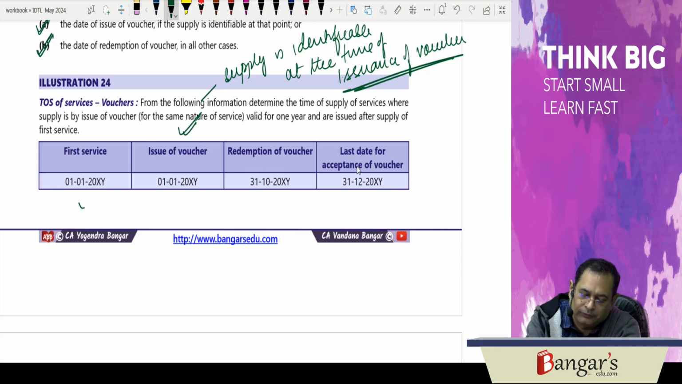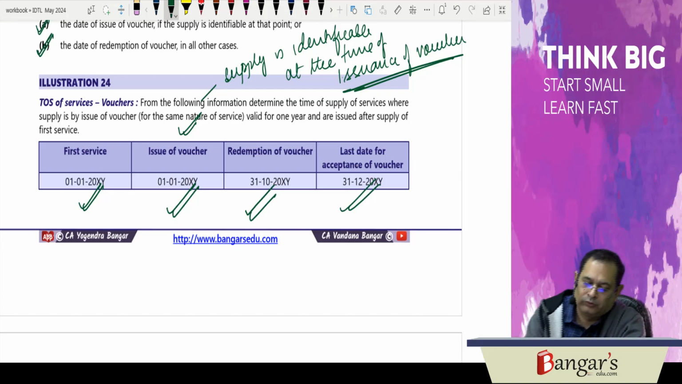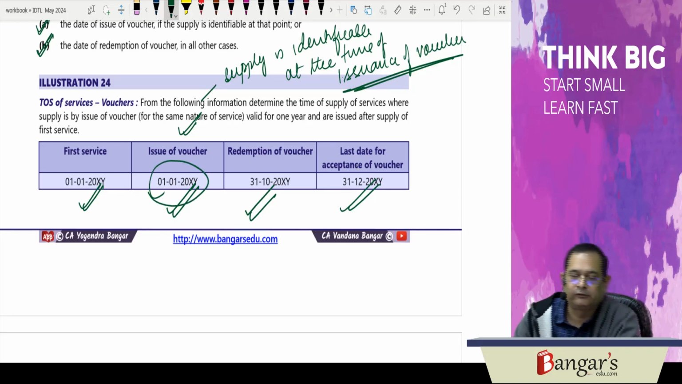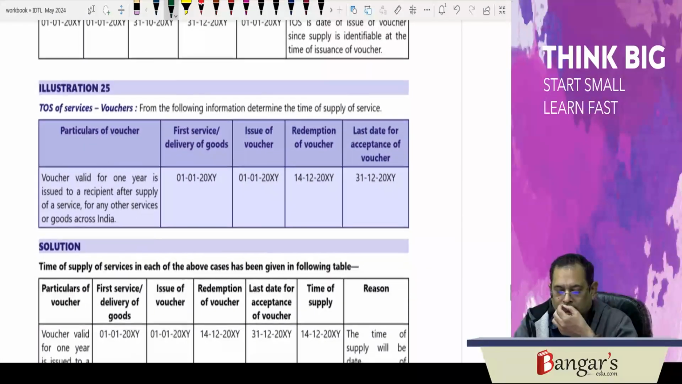Here first service is on 1st of January. Issuance of voucher is on 1st of January. Redemption of voucher is on 31st of October. And last date of acceptance of voucher is on 31st of December. So time of supply will be 1st of January itself, because supply is identifiable here. Then